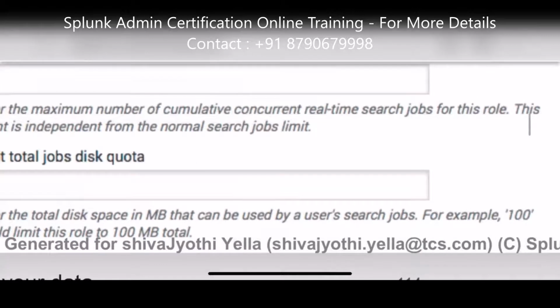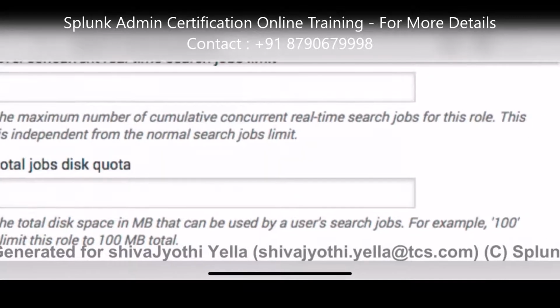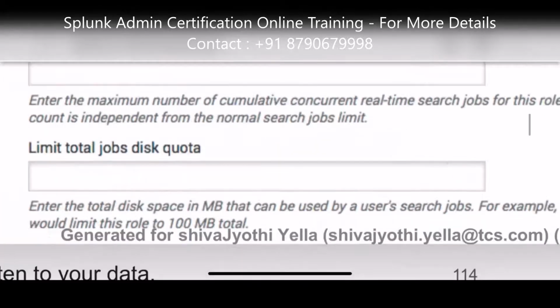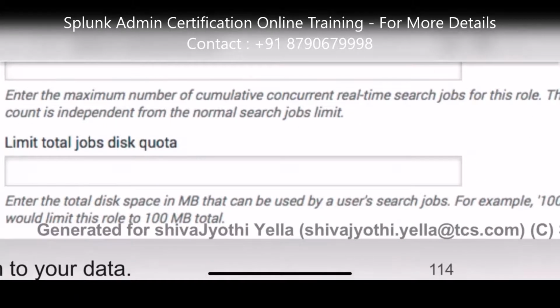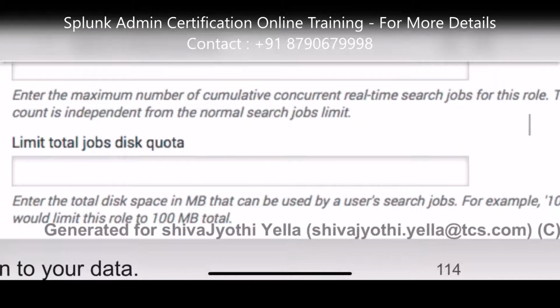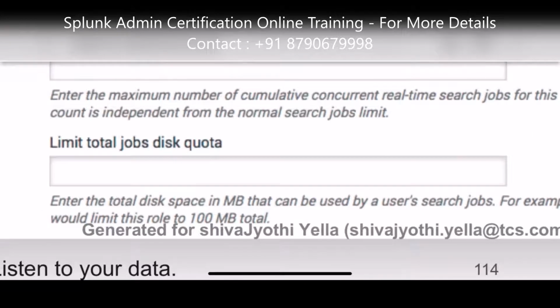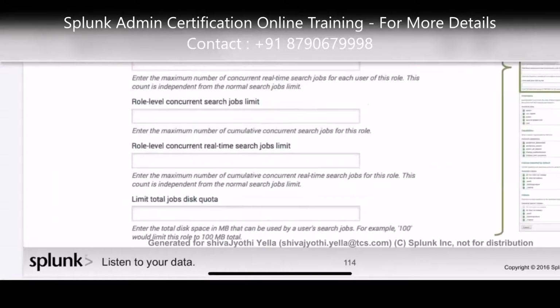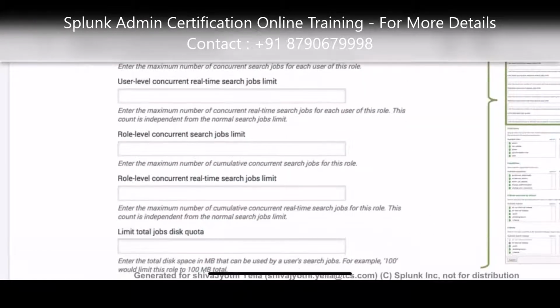For example, 100 MB would limit this role to 100 MB total. So for users, only 100 MB, they cannot search beyond it.